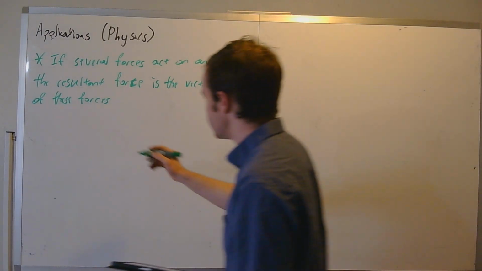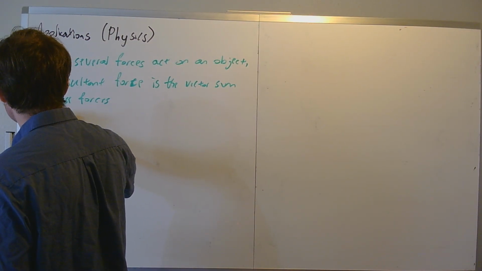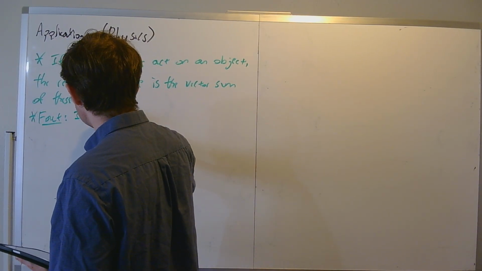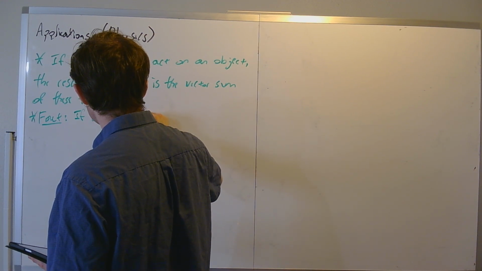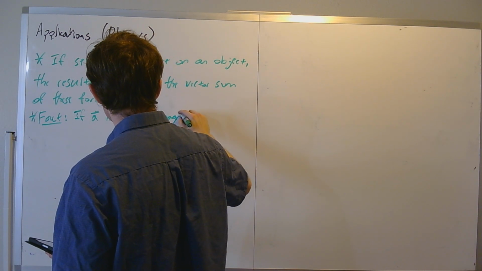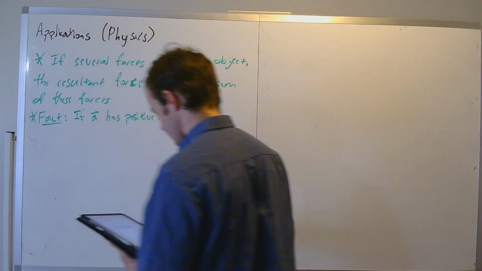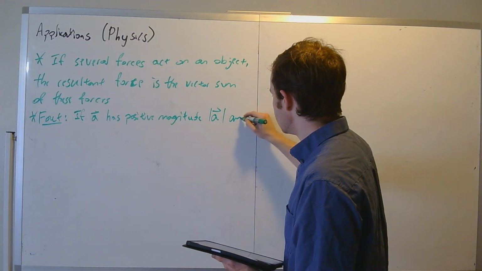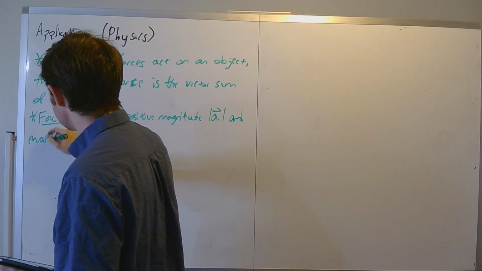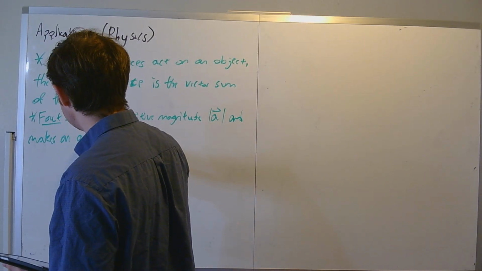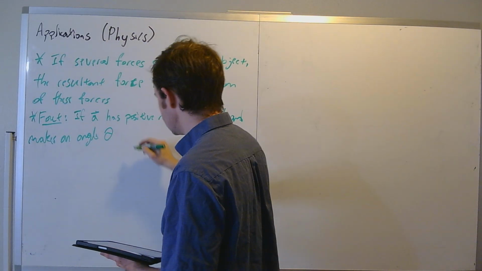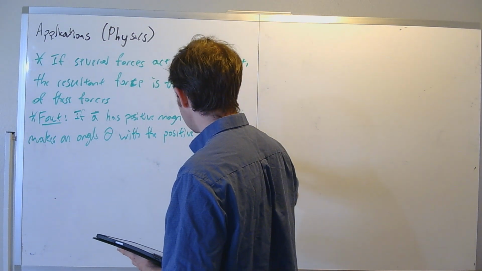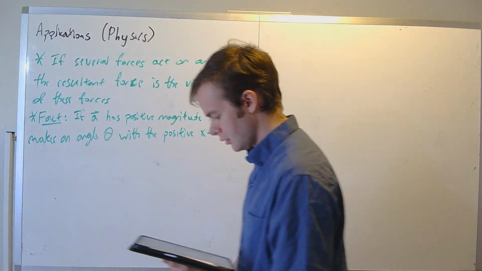And a fact, let me write this down. Fact: if A has positive magnitude, here, this is the magnitude of the vector, and makes an angle theta with the positive x-axis, then